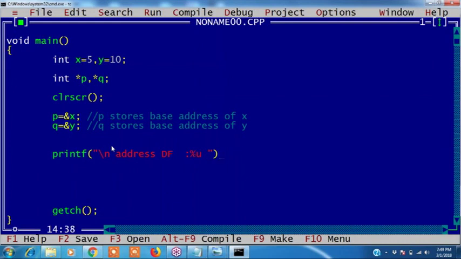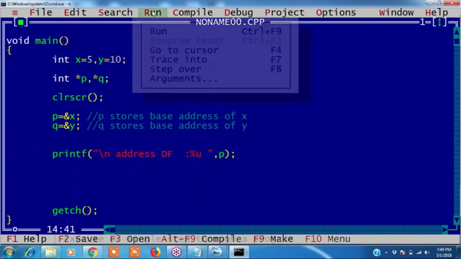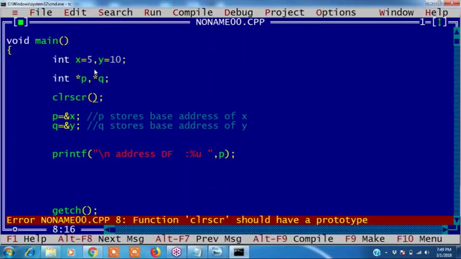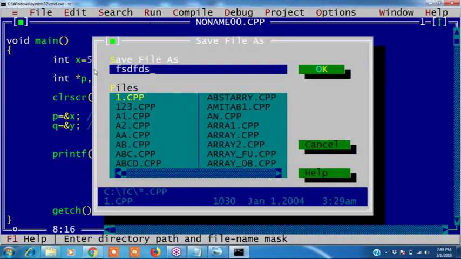Okay, example. See this. First, I want to print the x address. X address is p, right? It's stored by p equals address of x. Now tell me what it is printing if I write this. Save as a .c extension. Header files are optional. Save with any name .c.